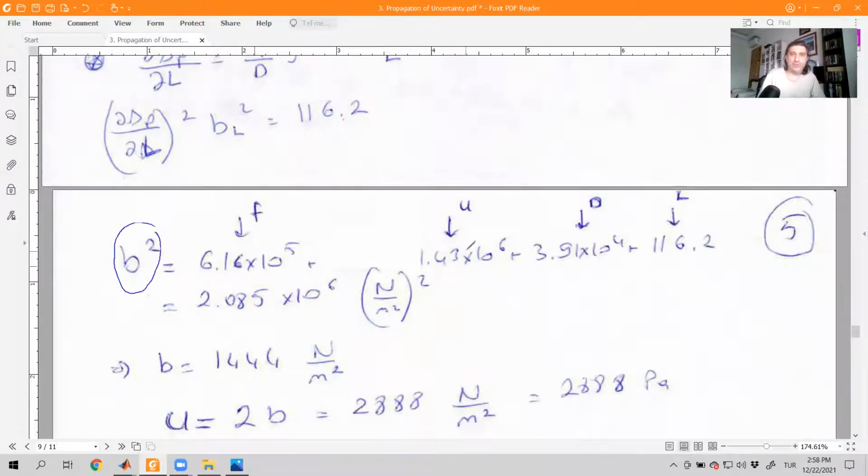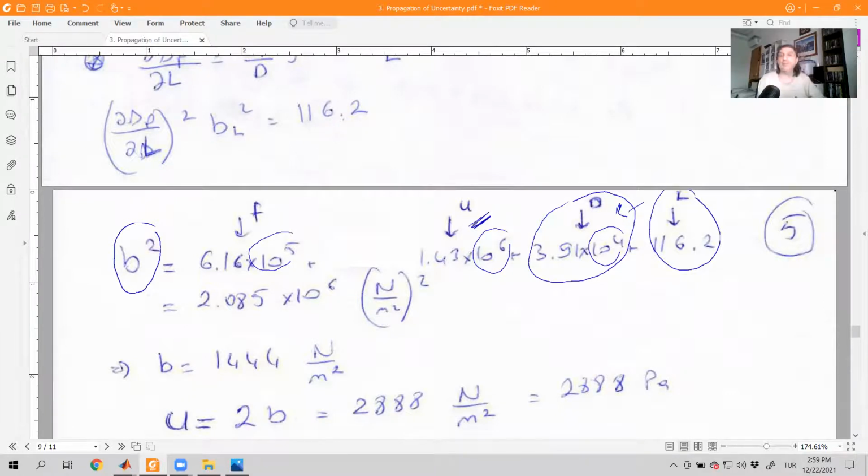Note that it's a good idea to compare the magnitudes here. All right, so this is 10 to the power 5, this is 10 to the power 6 and 4, and this is very small. Now the uncertainty due to uncertainty in length is very small. Due to uncertainty in diameter here, if you take into consideration only diameter, it doesn't seem to be very high. Now velocity seems to be a very important factor, but if you go back to velocity, why velocity,